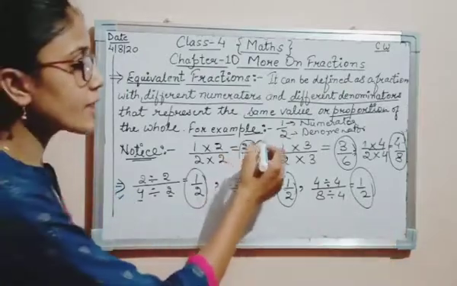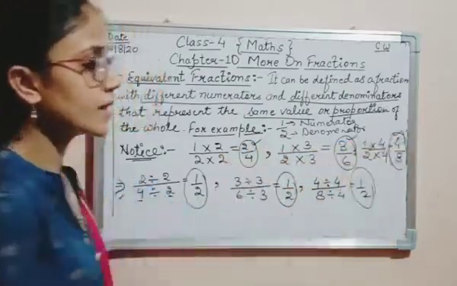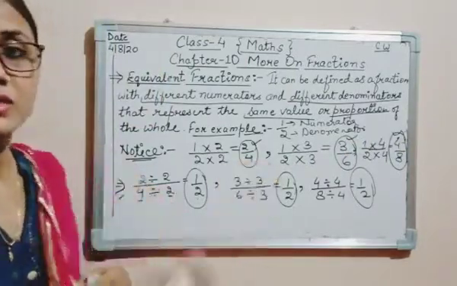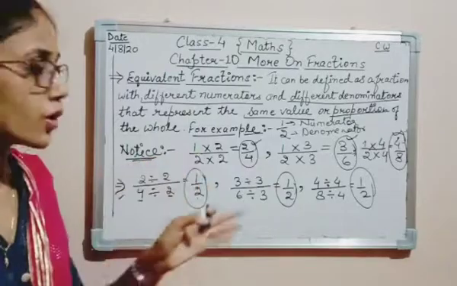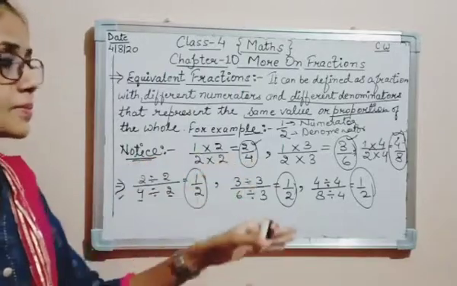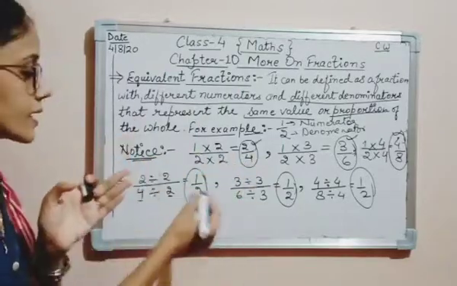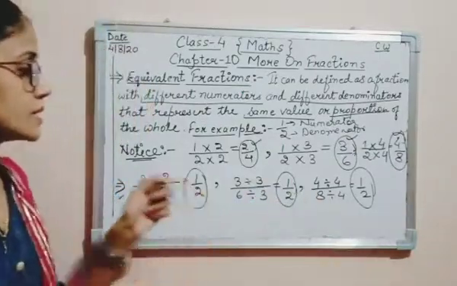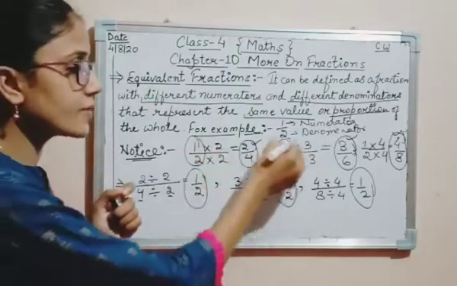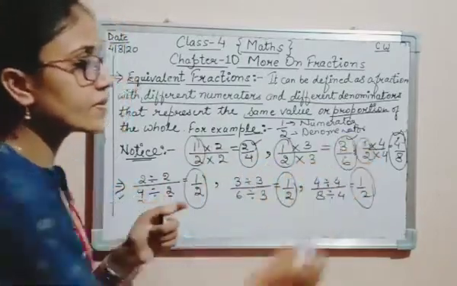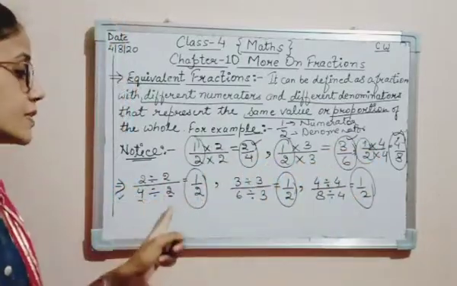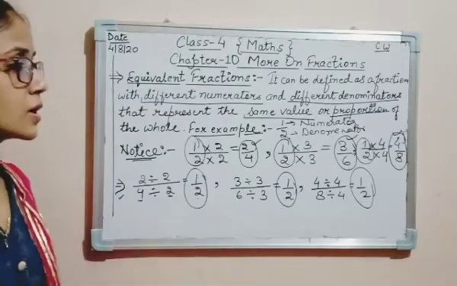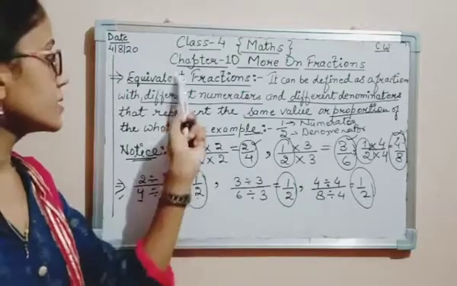See, here are the fractions we are getting. If you multiply, you will get the same part, the same value, the fraction which I have drawn. But if you divide, the same part, it means these are equal. If we divide, again we are getting 1/2, 1/2, 1/2. Here 1/2 is mentioned. If we multiply 1/2, we will get the same fraction, or if we divide it, we will also get the same proportion or the same fraction. So this is equivalent fractions.